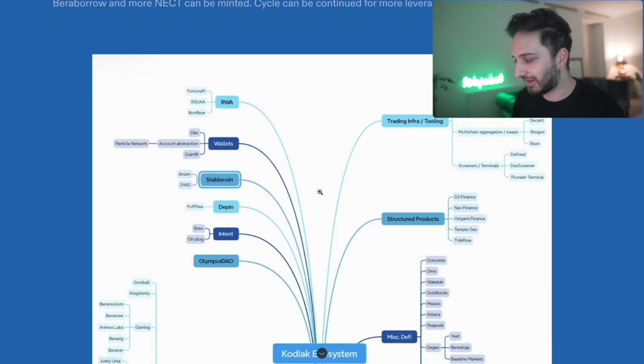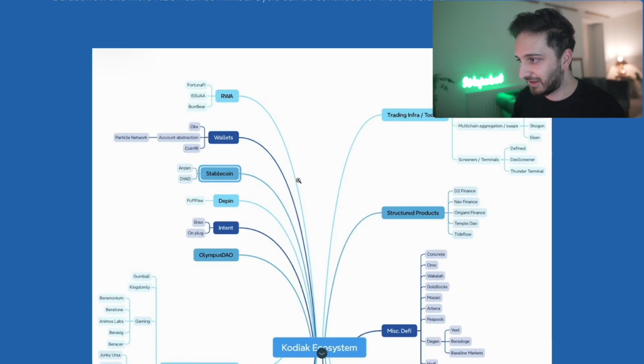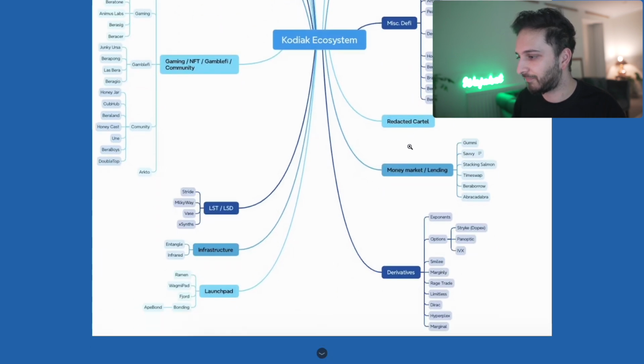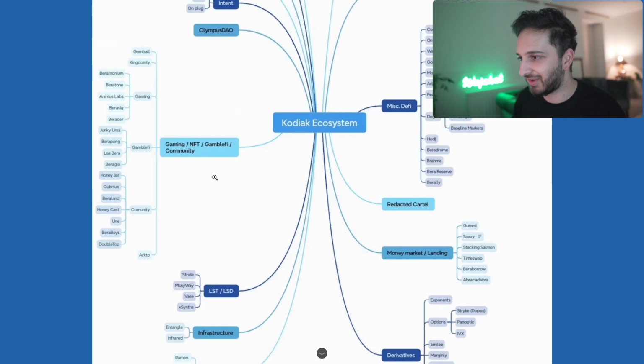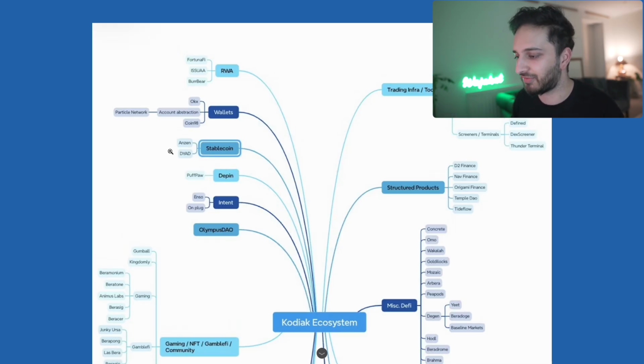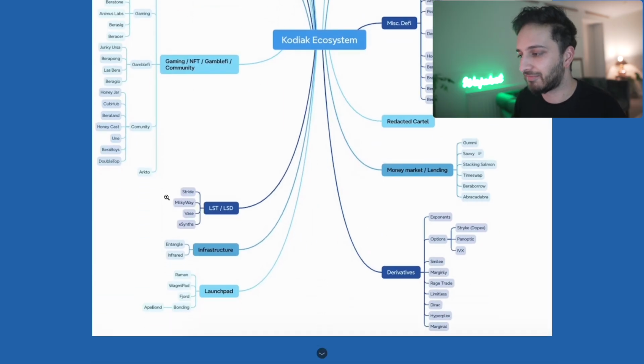But in reality, look, this is the actual ecosystem around Kodiak. You can see so many different applications across pretty much every single sector is integrated within Kodiak. So I mean, this is actually a very, very old graphic. It should actually be updated, but yeah, I think it just goes to show that there is a lot of stuff happening within Kodiak. Kodiak's going to pretty much contain all of these different ecosystems in one, all of these different apps within their own ecosystem. And I think this is obviously going to be very, very beneficial for Kodiak when it comes to how much revenue they're going to be making.